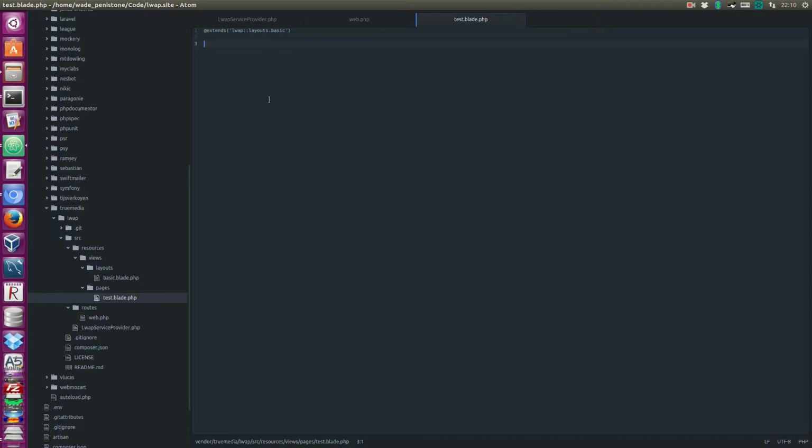So that declares the layout, and now we have to use section to declare any, because inside the layout we have yield content, which specifies that you can inject content under this handle into the file. We basically need to replicate that, but using the section keyword. So section content,